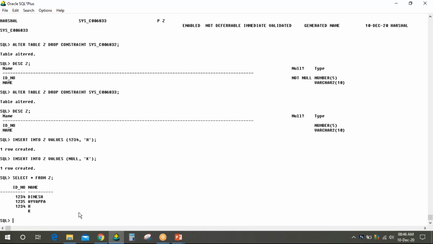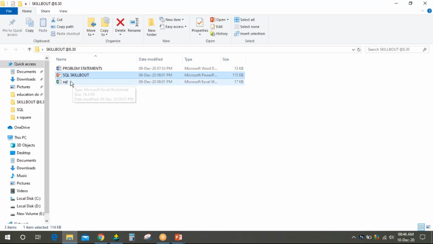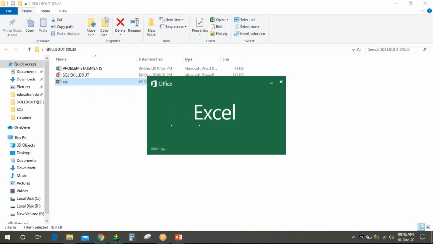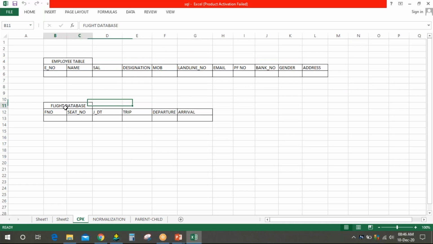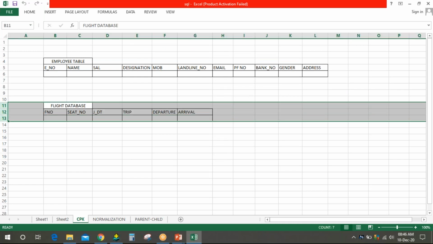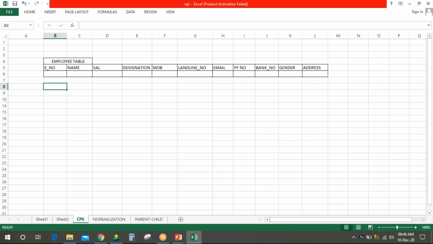So let's work on one exercise I created yesterday. Let's consider you have been given a task of developing an employee table.